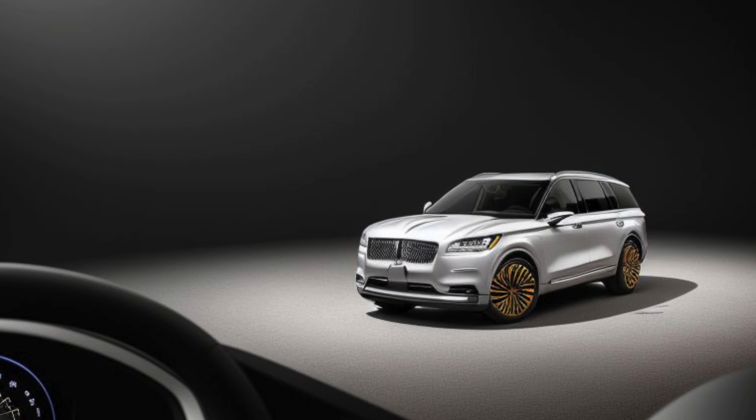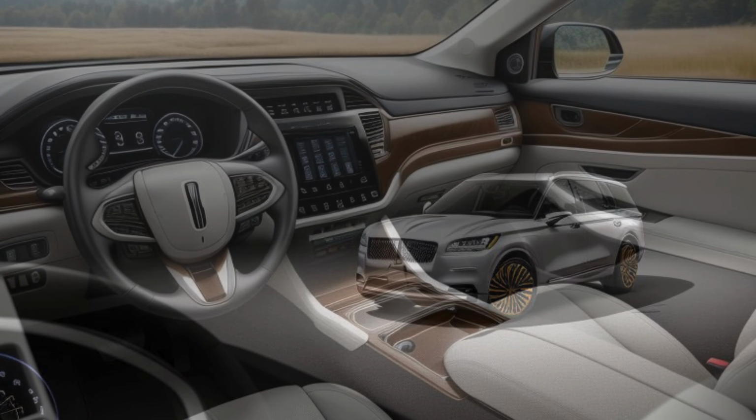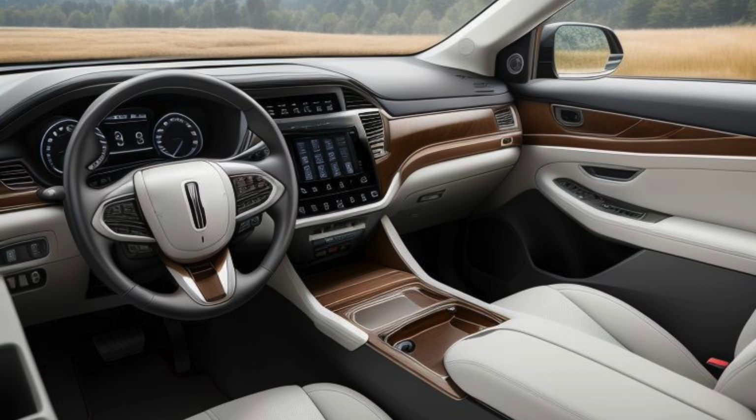The Aviator Premiere comes equipped with Lincoln's latest Sync 4 infotainment system, displayed on a crisp 12.3-inch touchscreen. The system supports wireless